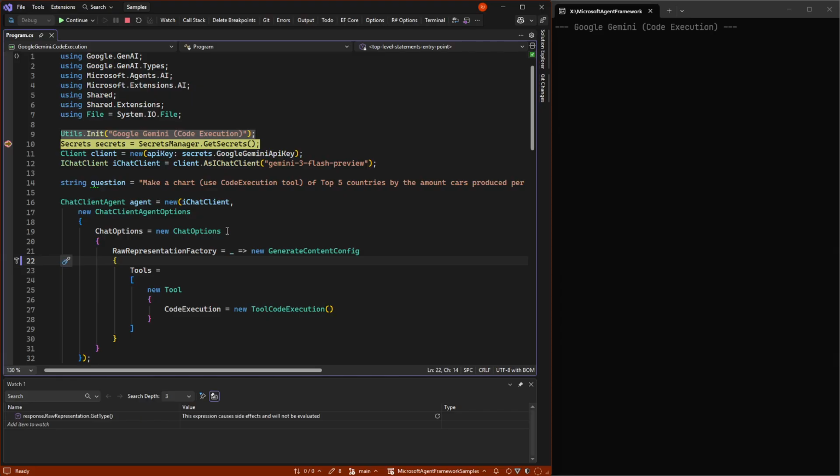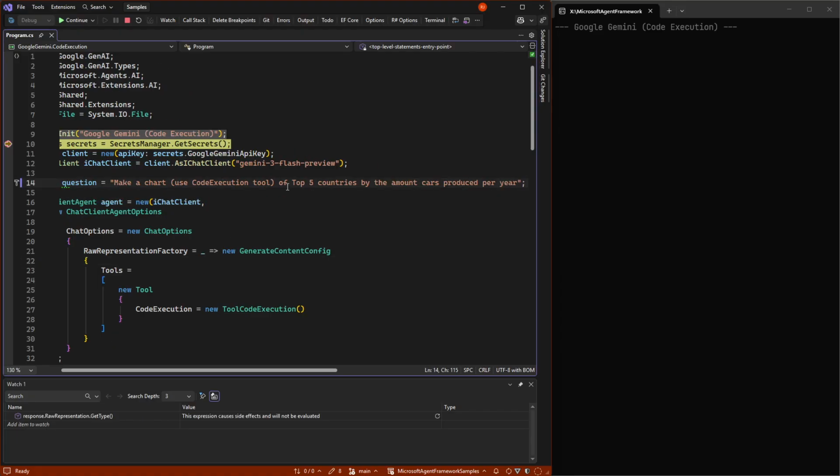So I have both here, first being the chart, and I'm asking make a chart, use the code execution tool to get the top 5 countries by the amount of cars they produce per year.